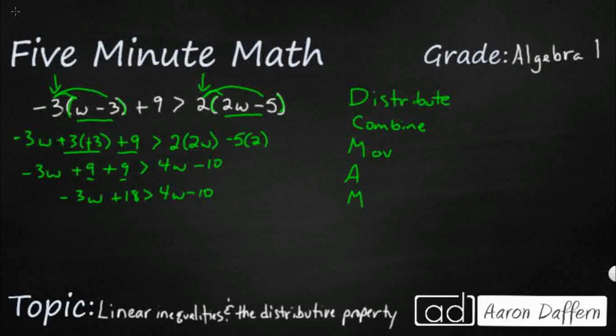Now we're going to move. We want the variable to end up on one side, and we want it to stay positive. So if I add 3w to both sides, guess what I'm going to get? I'm going to get rid of that side, and I'm going to just leave 18 is greater than 4w plus 3w, 7w minus 10. Now I need to isolate that w. Now that I've got them all together, all 7 w's are on one side,